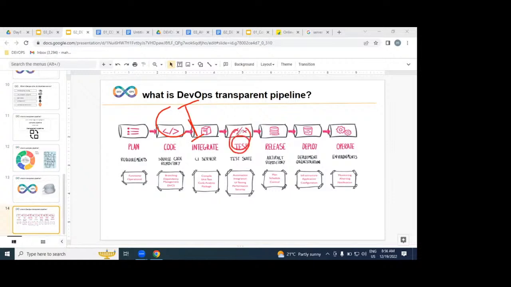Then we make working software by executing test cases. Once we have working software, we continuously deliver it. Once it is delivered, it is placed on how many servers? If it were one server, you would not need to sit here. We are going to place our applications on hundreds of servers. That is the reason we are here. We are using DevOps.